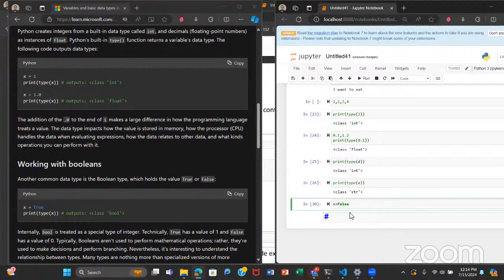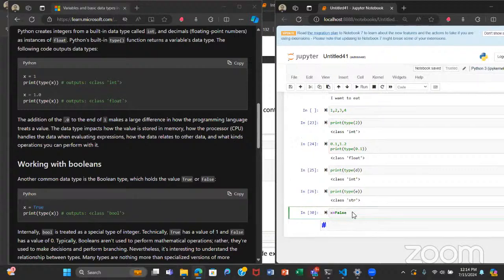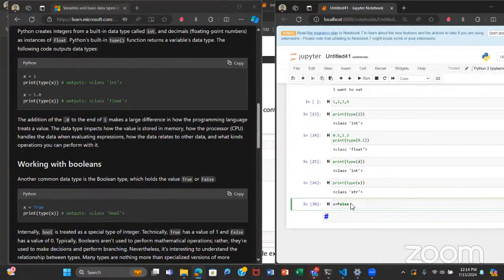I'm sure we all know what true or false is. These boolean data types are basically outputs of conditional statements. We'll get to conditional statements eventually, but they essentially check if a particular situation has been met, and then output true or false based on that.